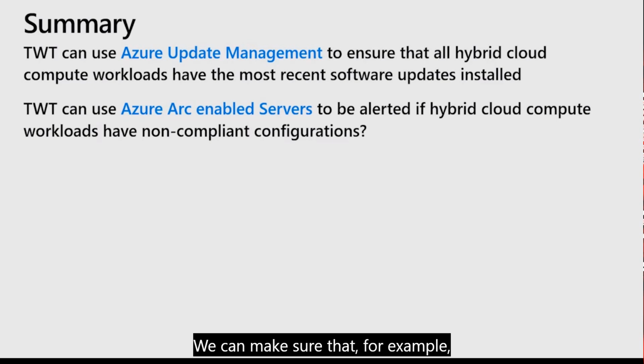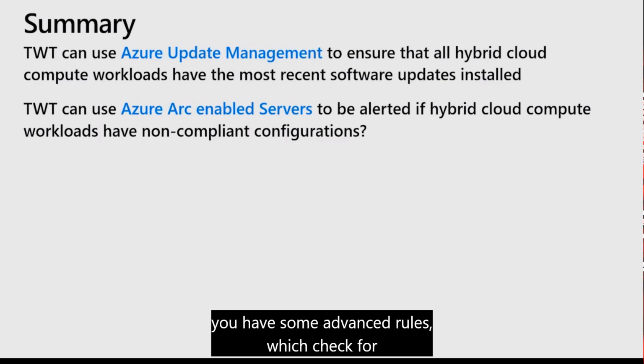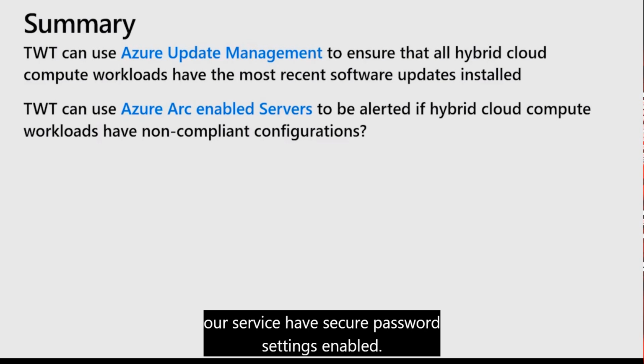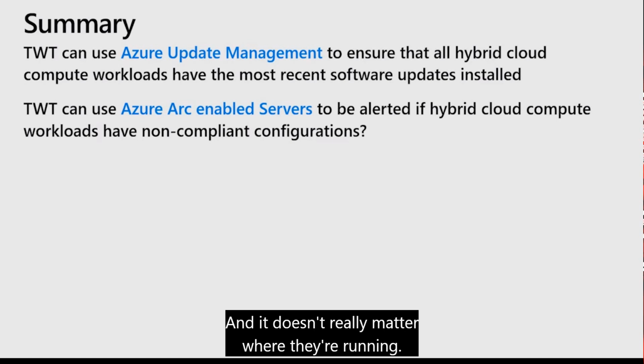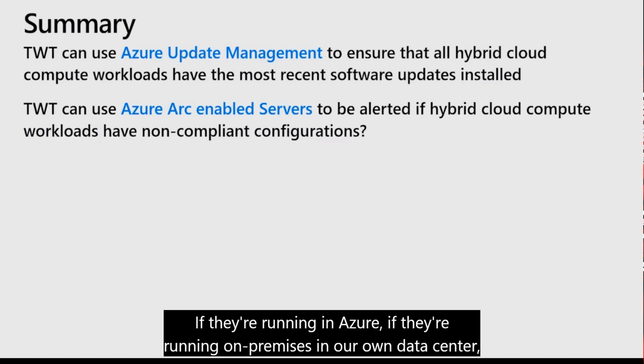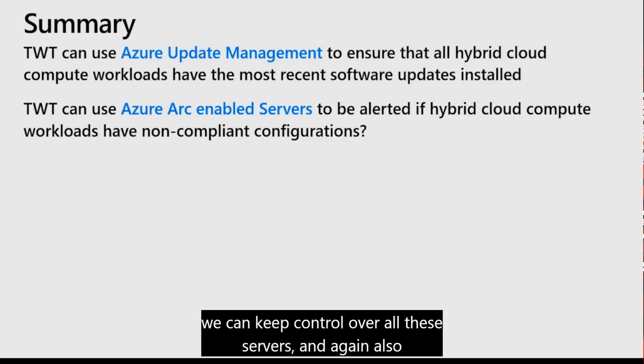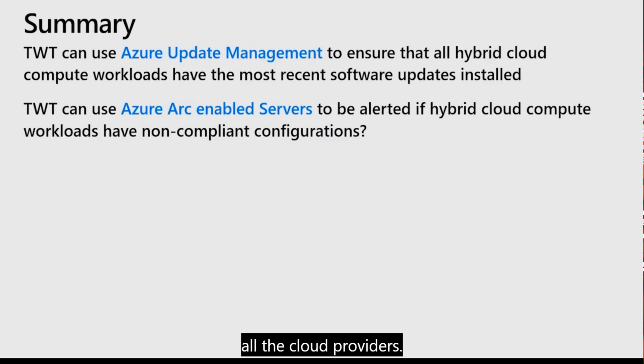We can also have some advanced rules which check for insecure password settings, so we can make sure that all our servers have secure password settings enabled, and it doesn't matter where they are running. If they're running in Azure, on premises in our own data center, in a branch office, or in a retail store, we can keep control over all these servers,